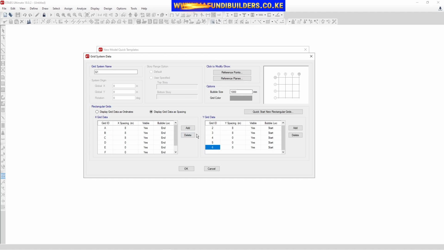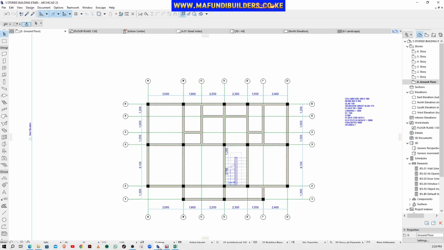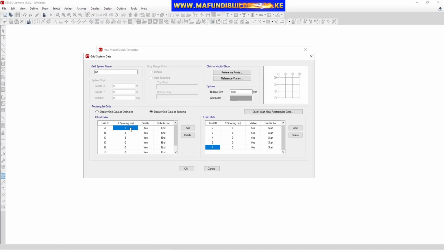Now, what about the grid distance? Here, you can see we have grid A. So what distance will our grid A have? You come here and input the distance. Here you see it's 3.5, so you come here and input